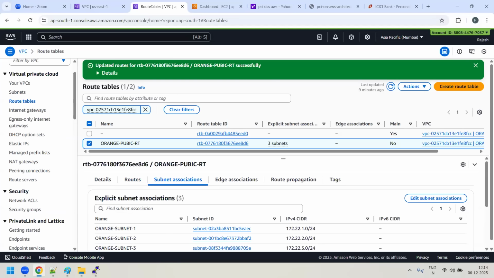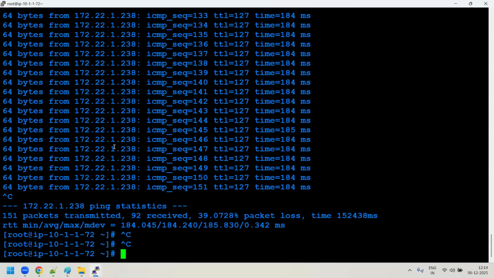If you have done these two places properly, you will be able to log into the servers. If you're not able to log into the server, then you have to understand, Rajesh, that the security group is somewhere where I'm missing. Second is whether you did the subnet association. If you did not do it, it will not work actually. Am I clear, sir? So I'm telling upfront where you're going to get stuck if you're not able to log into the server.